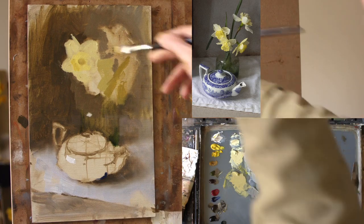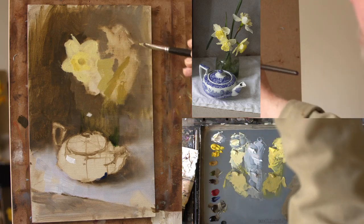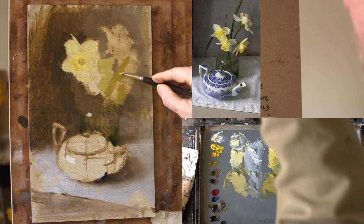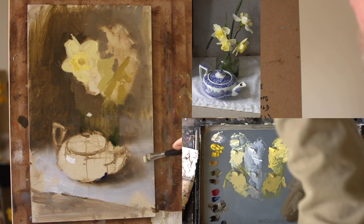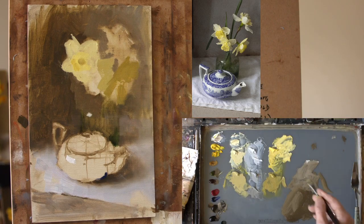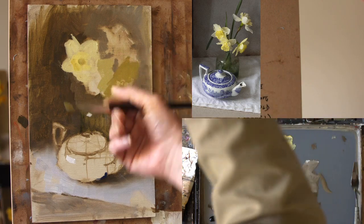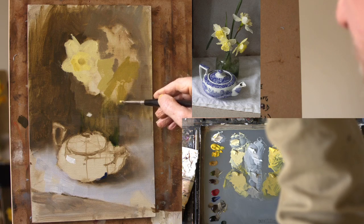And I want a feeling of light to shadow, thinking of this as a whole entity rather than three separate flowers. And trying to make sure that I keep a feeling of light and shadow. So the light is coming from this side, so this side is in the light. There'll be differences within that, but